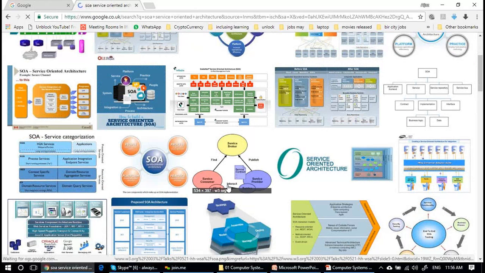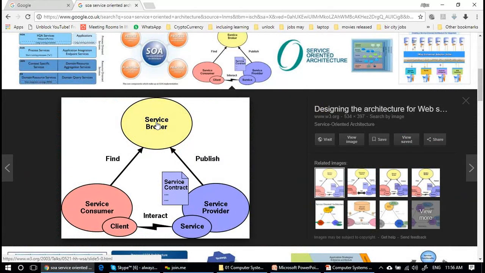Normally, this is a common picture of service oriented architecture. The UDDI is the service broker or registry. The consumer communicates with the registry using the protocol, Simple Object Access Protocol. The description of the service is written in WSDL, Web Service Description Language, and the data that is required is written in XML.